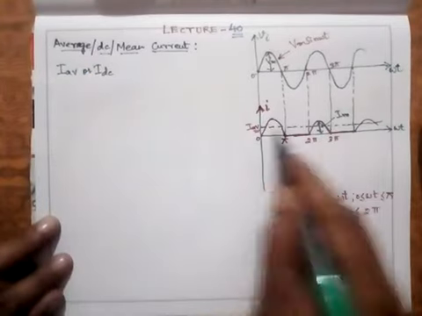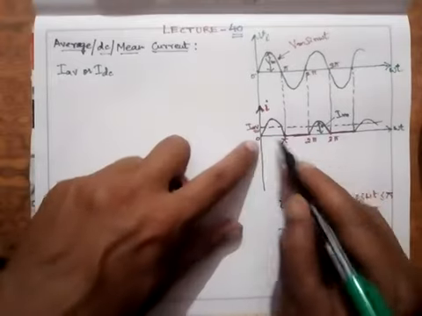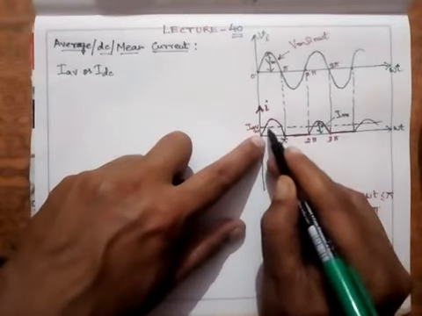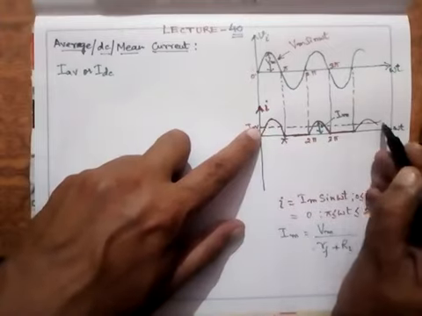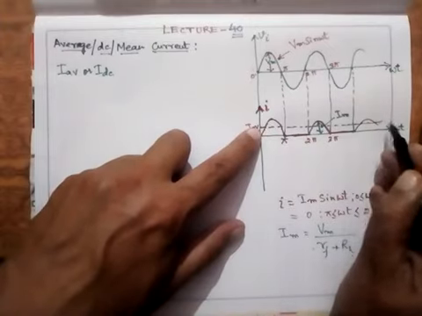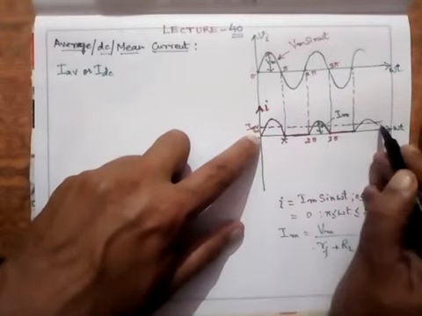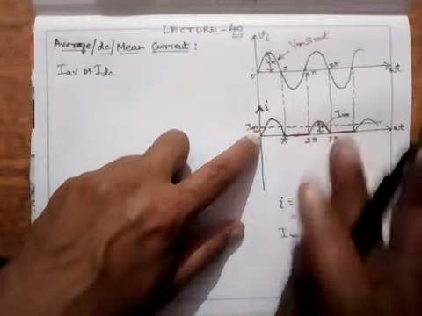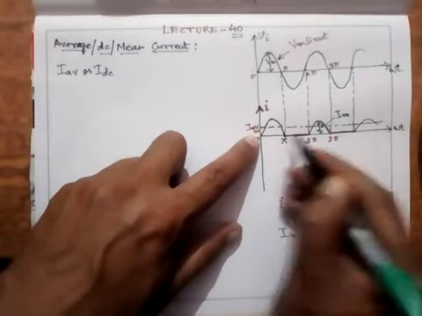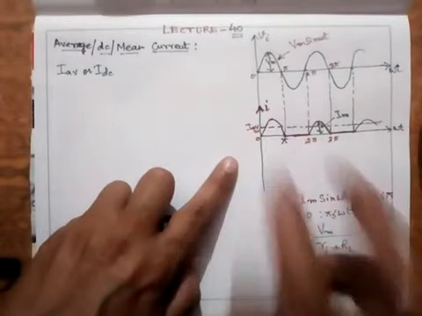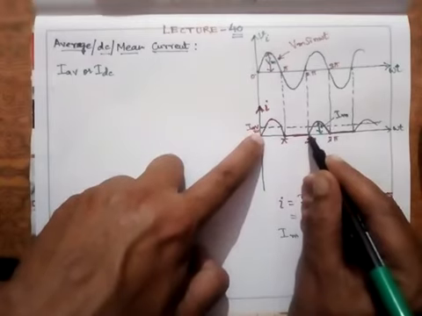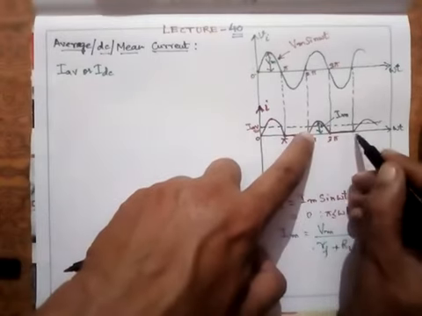Average value, or mean value, or DC value: I am interested in the average value of this, since it is not providing me a fixed DC value. So suppose there is some average value of this, and I am interested in it. How do you find the average of this? I take one period. This is a periodic signal which repeats after 2 pi. If you see here, it repeats again, and this is 4 pi.